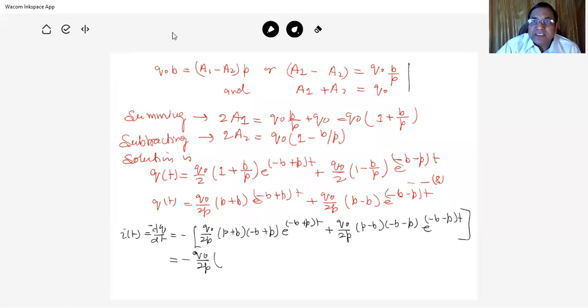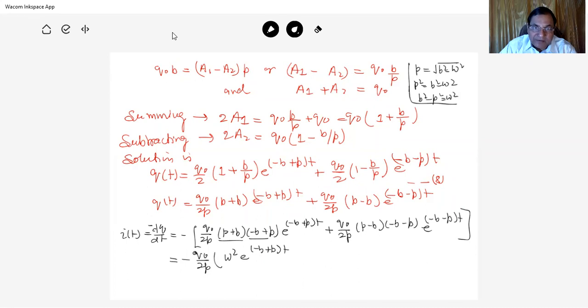We have this kind of concept. p is equal to under root b square minus omega square. So p square is equal to b square minus omega square. So b square minus p square is equal to omega square. ये तो ये दोनों माइनस और प्लस मिल करके बना देंगे b स्क्वायर माइनस p स्क्वायर, तो ये हो जाएगा ओमेगा स्क्वायर e raised to the power minus b plus p t।